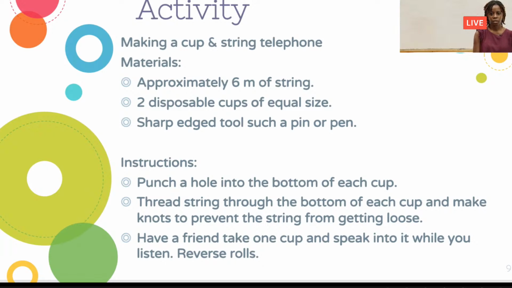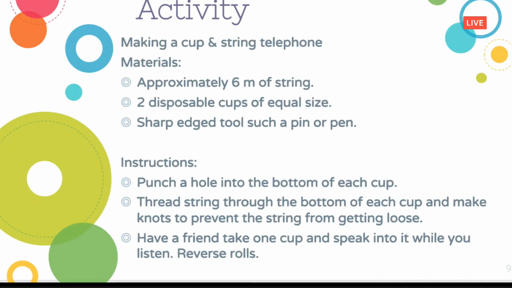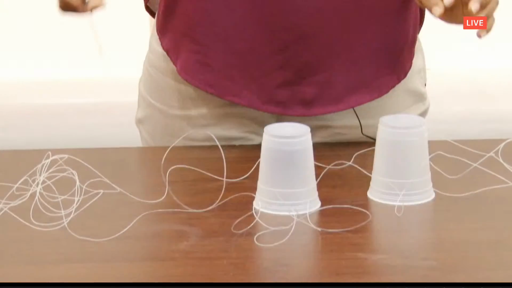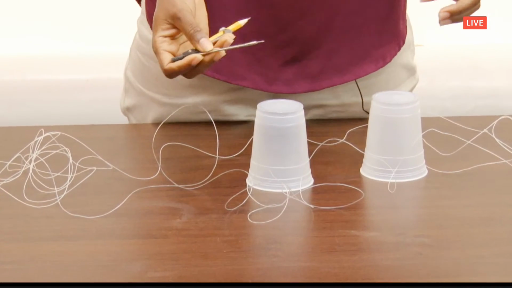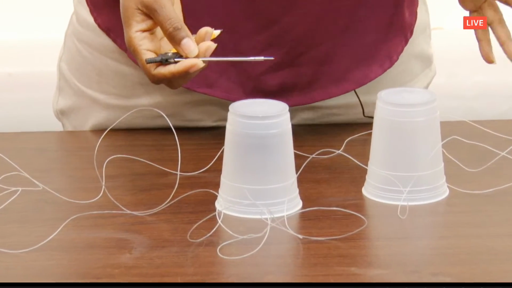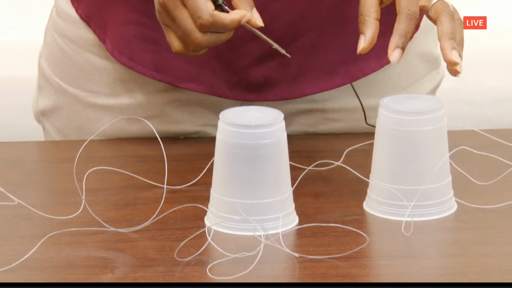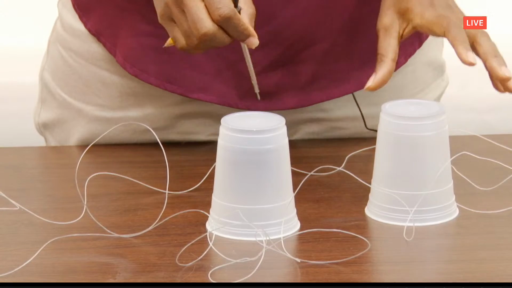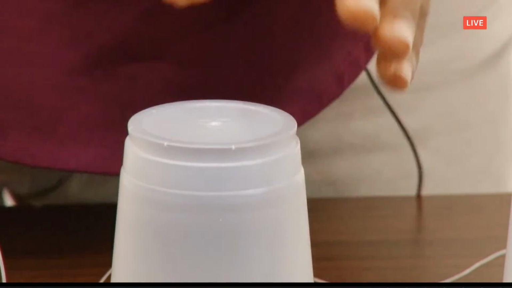So what you'll need for this, 2 plastic cups, 2 disposable cups. It could be any size once the cups are the same size. So make sure that both cups are of equal size. You'll also need some string. So I'm using nylon today, but you can use whatever string is available to you. And you'll need something pointy like a pin. I'm using a compass from a geometry set because I think that it's ideal. Now, if you're young, if you're under 10, you may need a parent or guardian or an adult to help you with this. So the next step is to take one end of your string